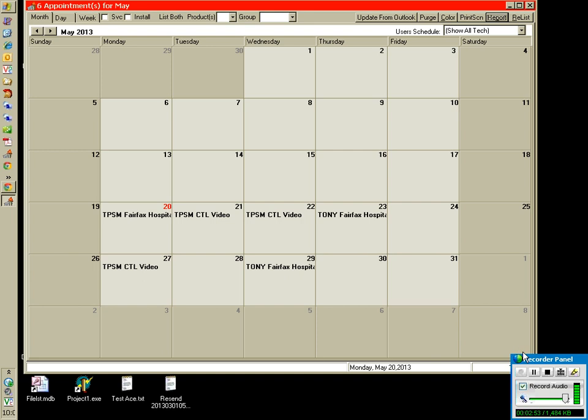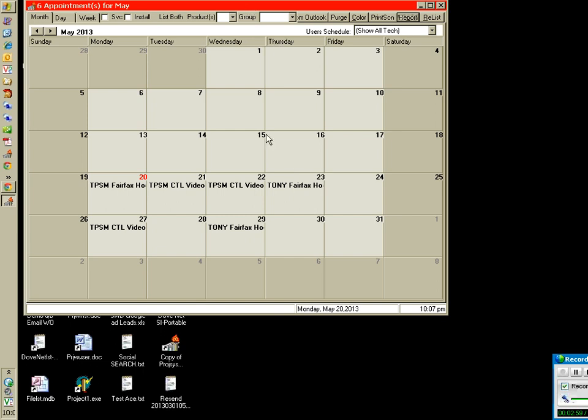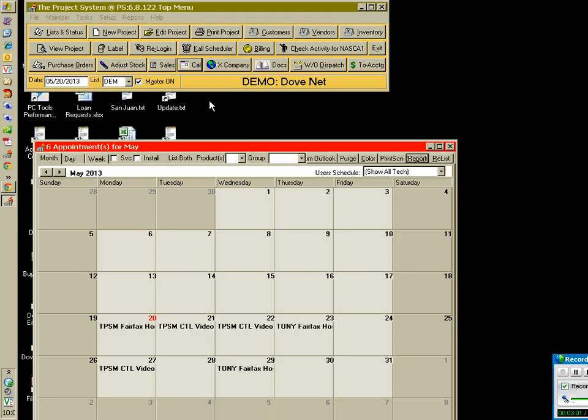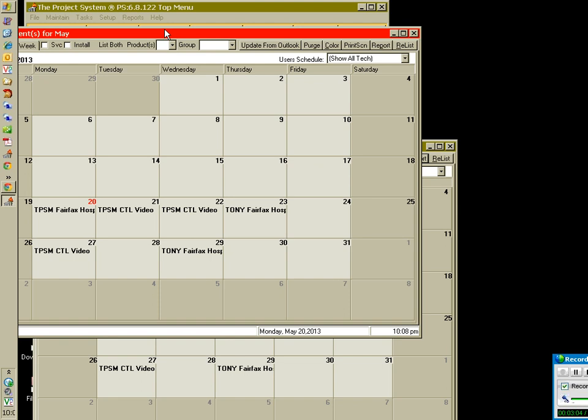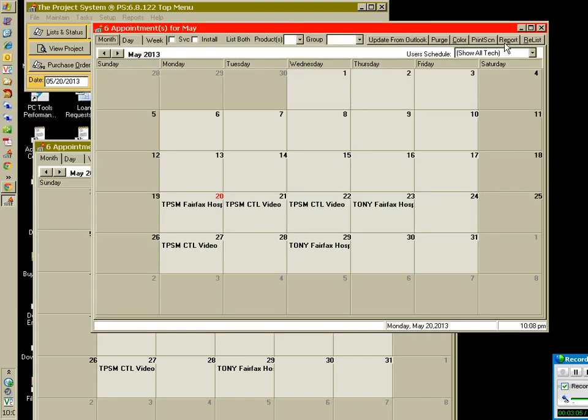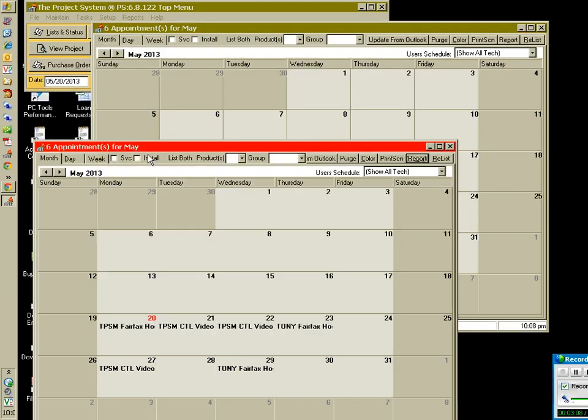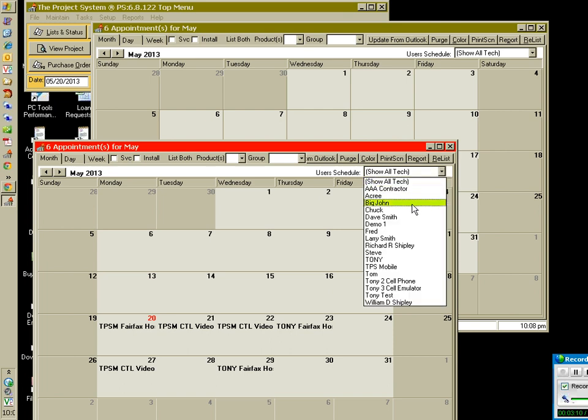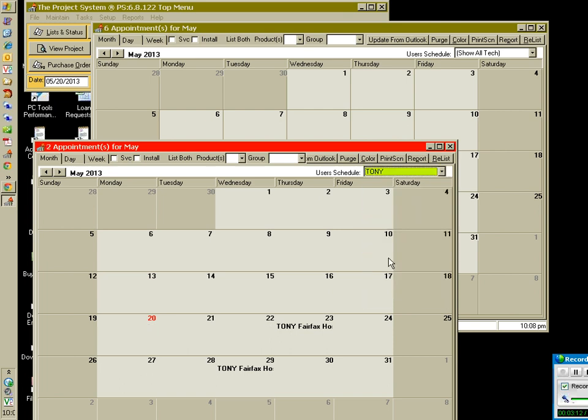The other capability with Technician's Calendar is the ability to have multiple calendars open. So if I come over here and click on calendar a second time, I can actually have a second calendar up. And what I can do with this specifically is if I filter here for Technician Tony, click over there,